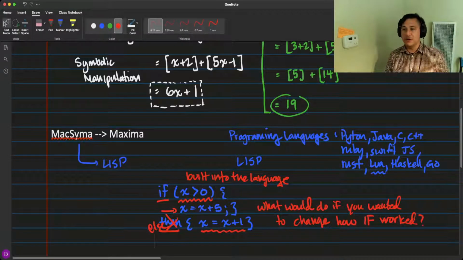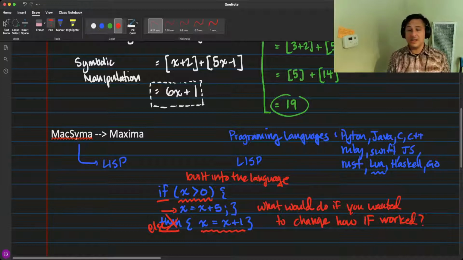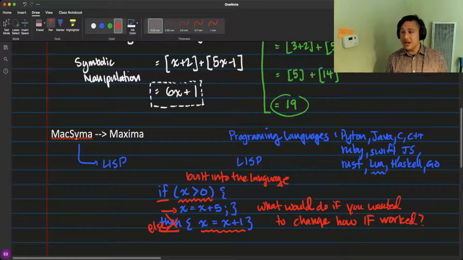For people who have programmed in C, is it possible to change how the if works? Yeah, you would have to write your own thing. And that's actually one of the problems with all these languages like Python, Java, C, C++, Ruby, Rust, Go, Lua. We'll leave Haskell out of it because it doesn't have this problem. It's a lot like Lisp. It was inspired by Lisp. So if you wanted to change all of this, you would literally have to write a new programming language. Now Lisp, on the other hand,